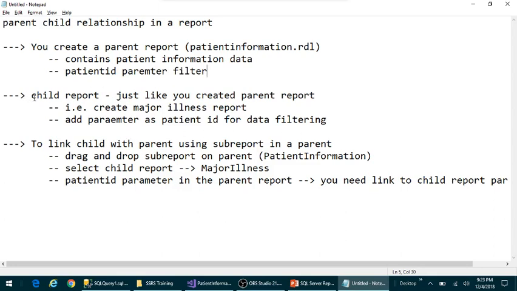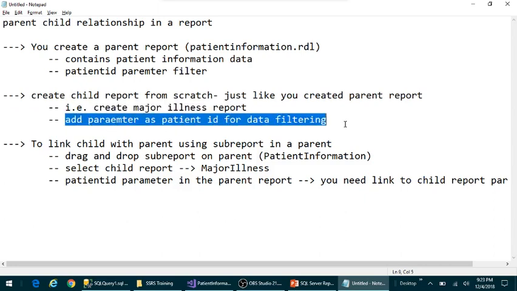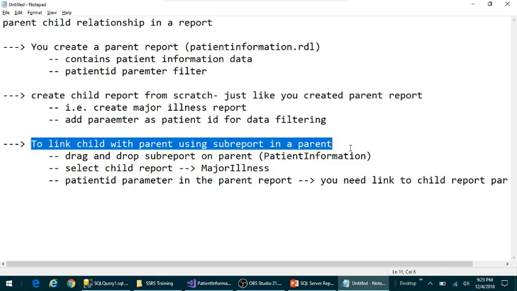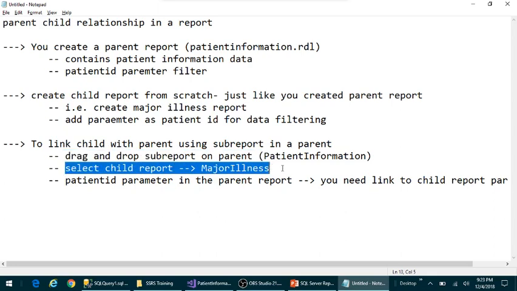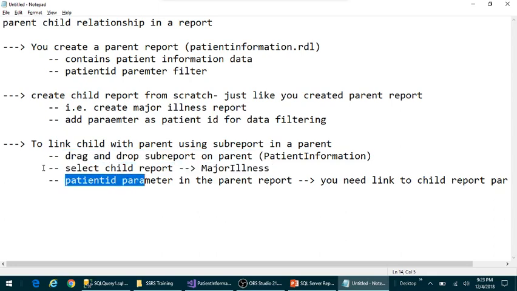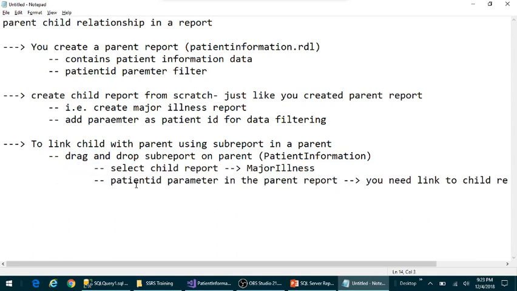You create a child report just like you create a parent report. So you have to create child report from scratch. Create major illness in our case, and then add parameter patient ID filtering, and then you link child with the parent using sub report in a parent. So you drag and drop sub report, select the child report major illness, and then second step would be patient ID parameter, link up the patient ID parameter